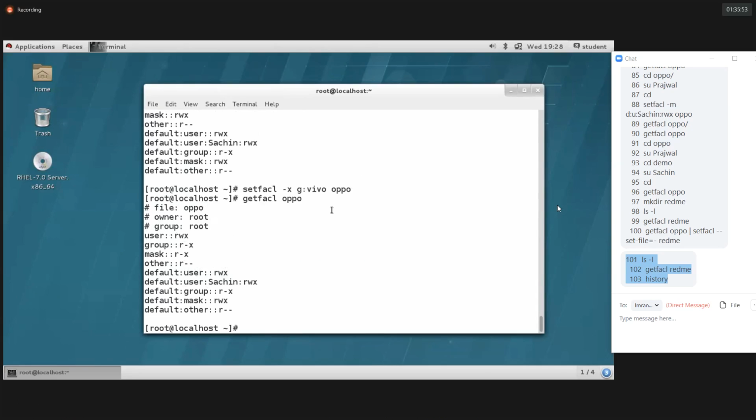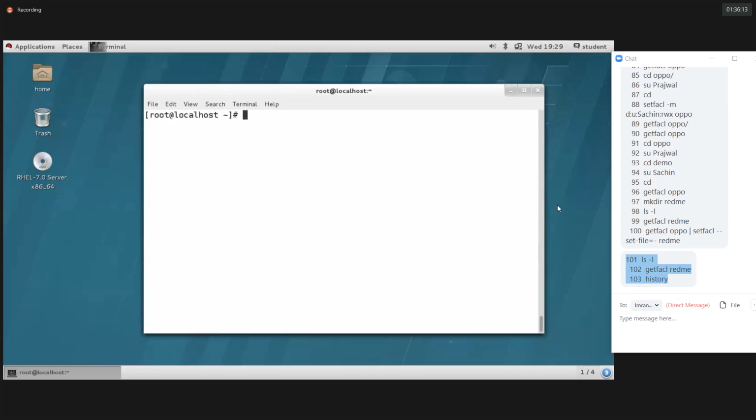See, got it? Now I need to remove all the permissions, back to the default. With setfacl hyphen x, individually you need to remove one by one. To remove all the permissions at a time, we use setfacl hyphen b, then Oppo.